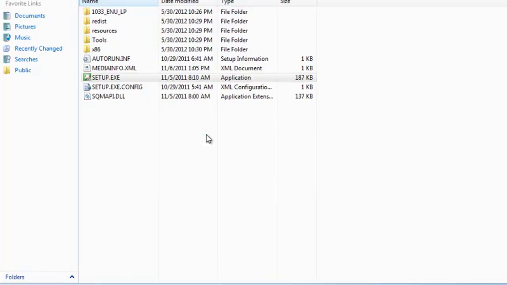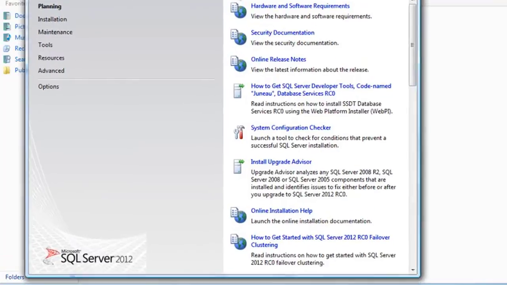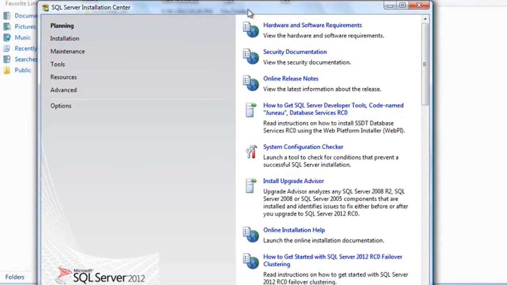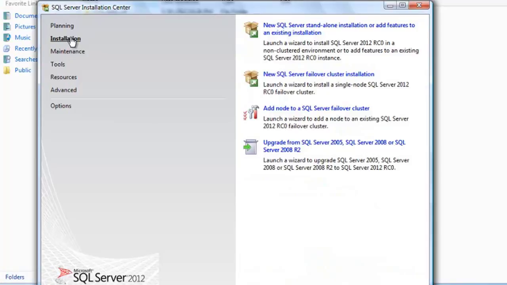Now let's go ahead and see what happens here. I think we should be getting, there you go. So this is what they call the SQL Server Installation Center. There is lots of information in there, some documentation requirements that we looked at, other things like a configuration checker. This is a great tool, Upgrade Advisor. If you have an older version of, let's say 2008 or 2005, you can run this separately and try to get some idea on what needs to happen. I'm going to skip all of this and go straight to installation. Okay. In fact, before I run this, I do want to show you